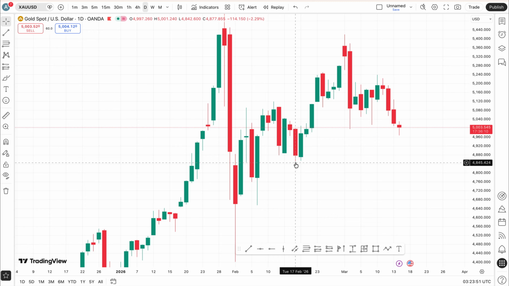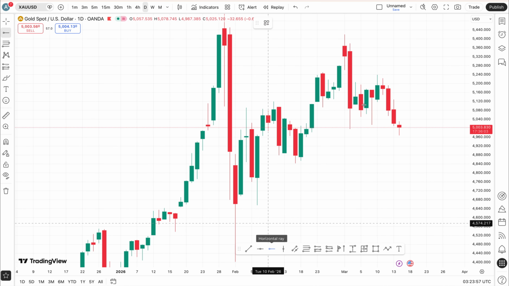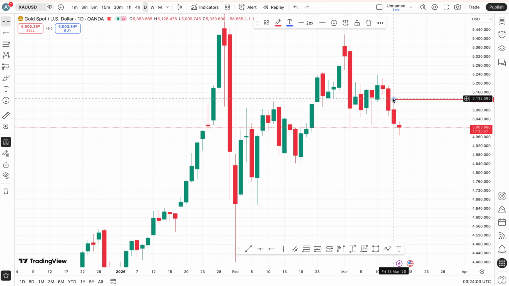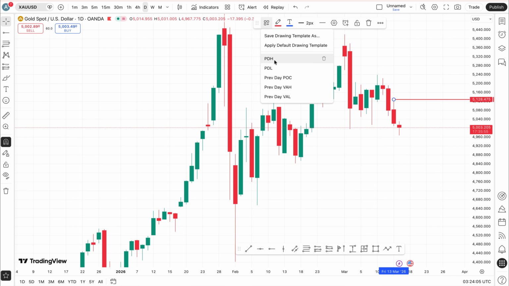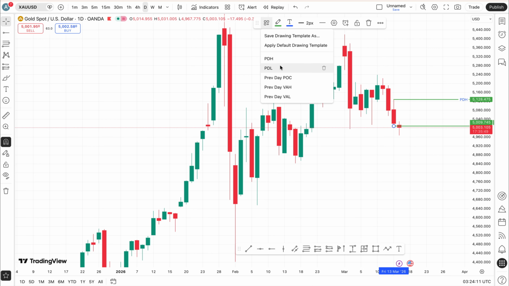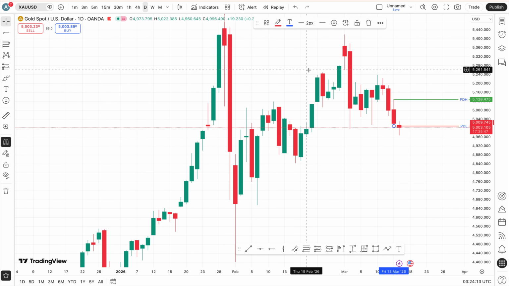Let's break the chart down step by step. The first levels we mark as usual will be the previous day's high and the previous day's low. We are on the daily chart. You mark the previous day high and the previous day low. As I said before, the previous day low has already been taken,